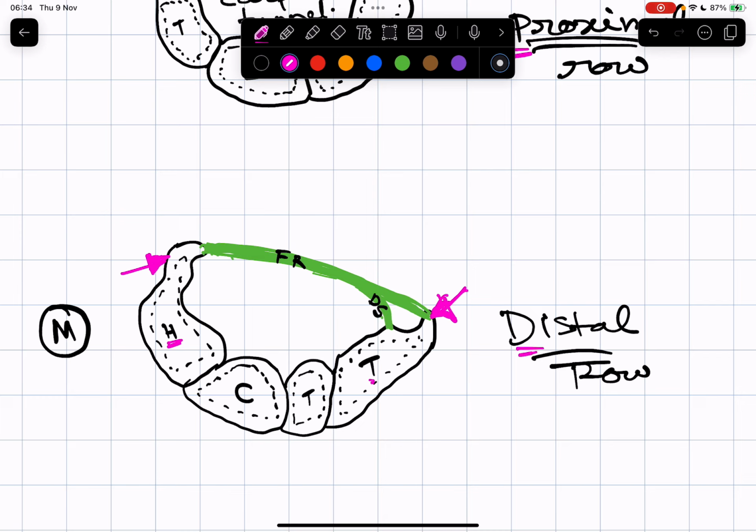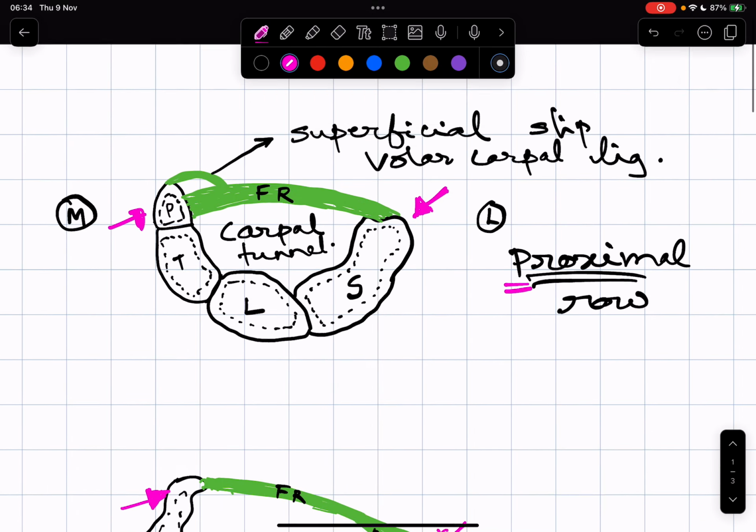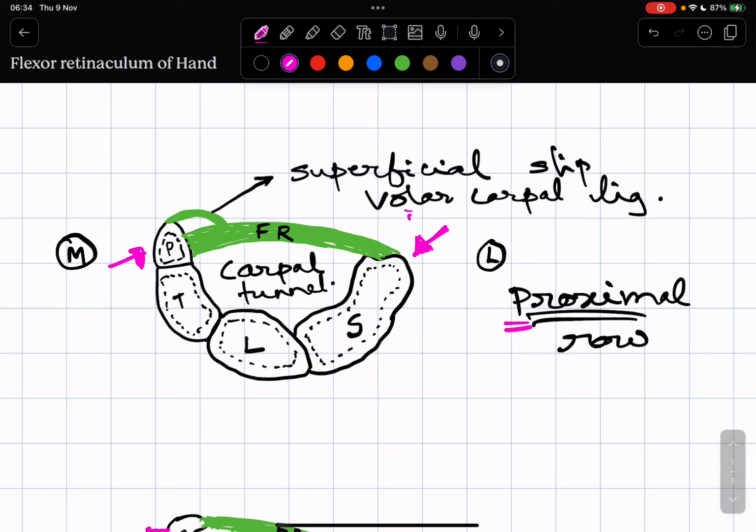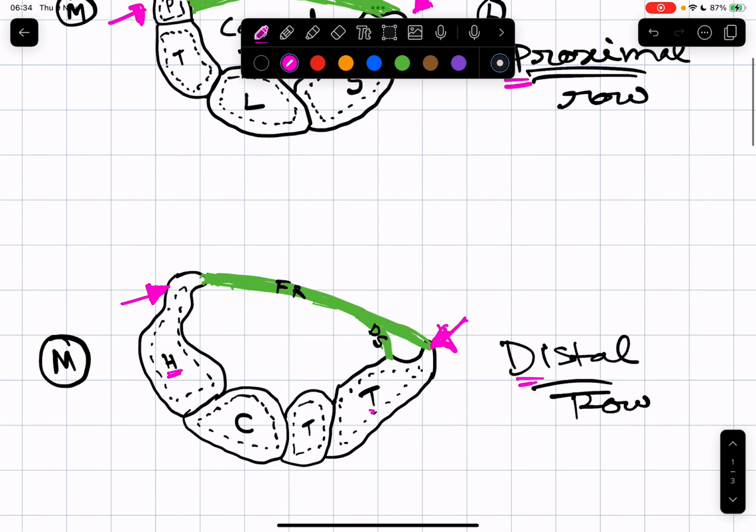All right, so the attachments, the additional slips on either side: a superficial slip on the medial side, which is also known as the volar carpal ligament. It is attached to the pisiform bone. And then we have the deep slip, which is on the lateral side. This is lateral, isn't it? Yeah, this is lateral. So the lateral deep slip is attached to the medial lip of the groove of the trapezium. So this one right here, let me show you this depression here. This is called the